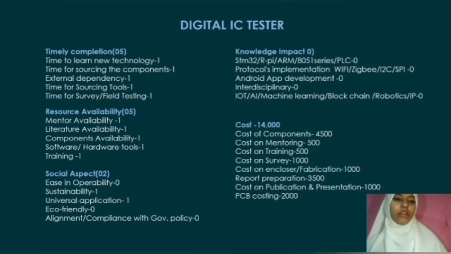like time to learn new technology. We have decided 1 and 0 points: if a particular resource is available within us, we have given 1, and if it is not available within us or not applicable, then we have given it 0. As per all the subparameters, we have decided the cost of the total project is 14,000. And next